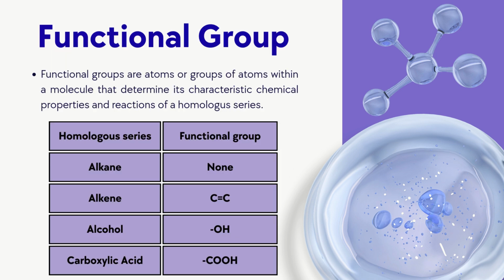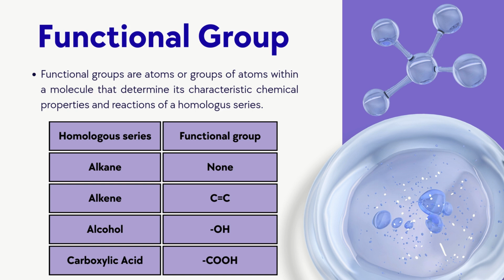Let's talk about functional groups. Functional groups are atoms or groups of atoms within a molecule that determine its characteristic chemical properties and reactions of a homologous series. The following table shows the functional groups according to homologous series. Alkane has no functional group, while the functional group for alkene is the carbon-carbon double bond, for alcohol the OH group, and for